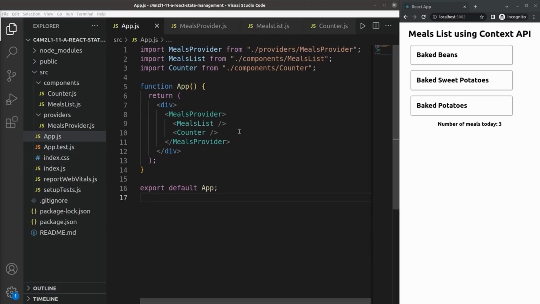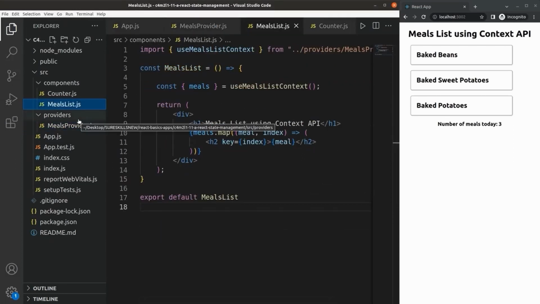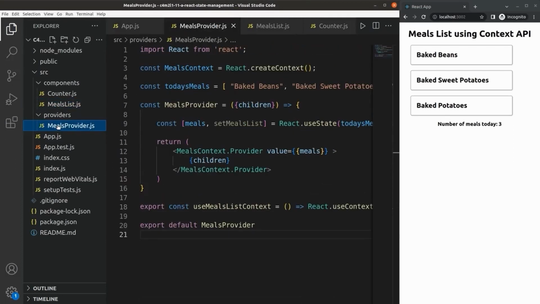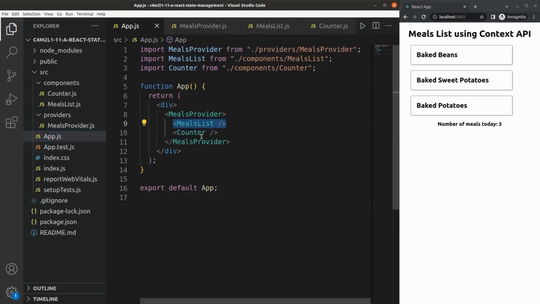Now let's examine a simple app that utilizes the Context API to control state. In my app.js file, I'll use some code for a starter setup, and you can also find this file in the additional resources if you'd like to use it to practice working with Context API. In the app component, I have import statements for MealsProvider and MealsList. The MealsProvider provides context state data and gives it to all the components it wraps inside the app component. Currently, it wraps two components, the MealsList component and the Counter component, which are between the div tags of